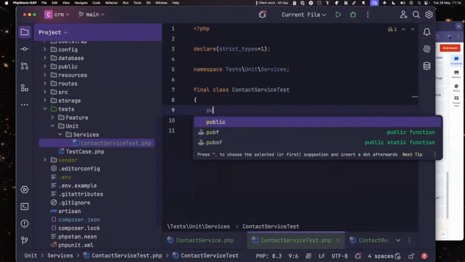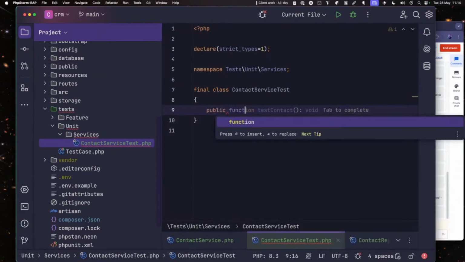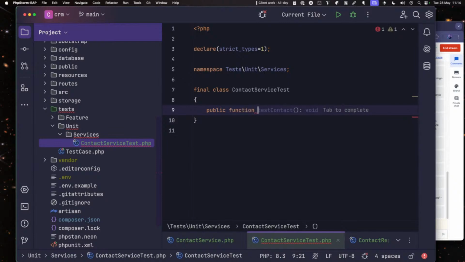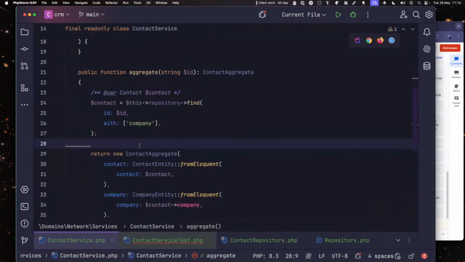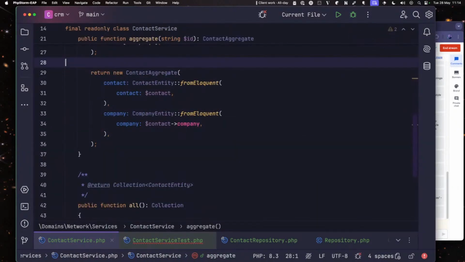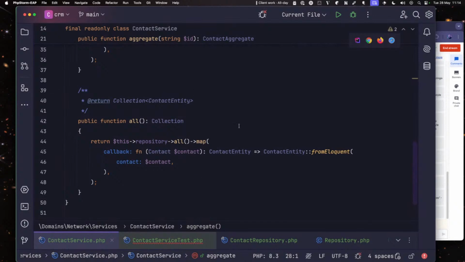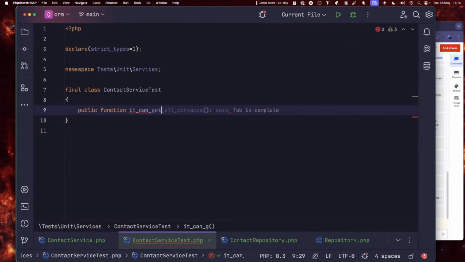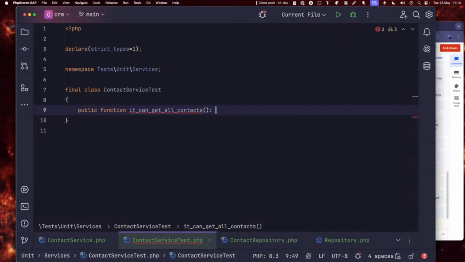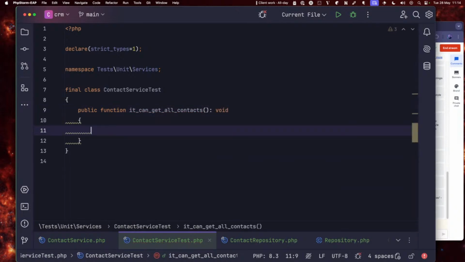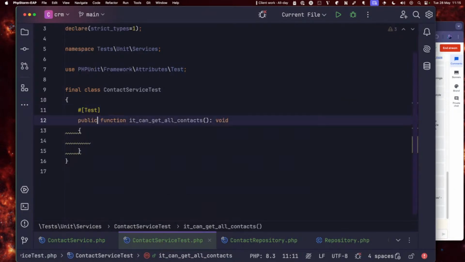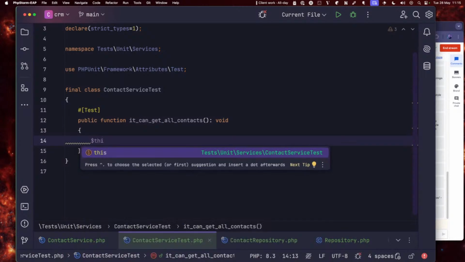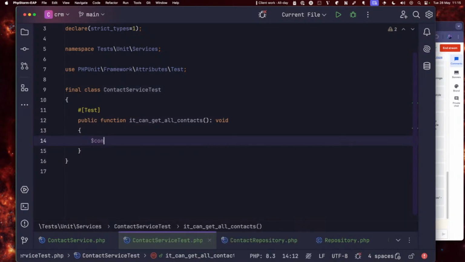Right, so public function, let's just put it over here. So we want to see if we can get all of these, all contacts basically. It can get all contacts. Not going to return anything there, but we can mark this as a test. So we will say contacts